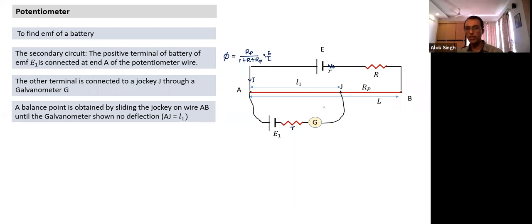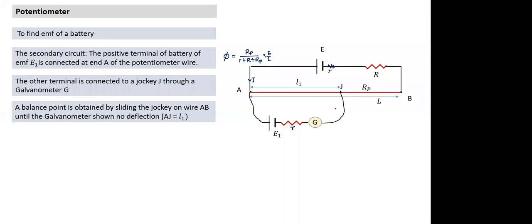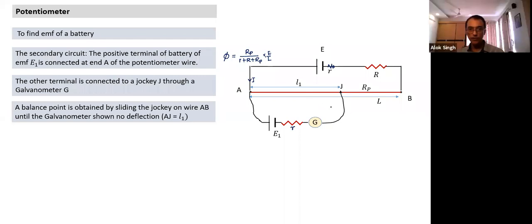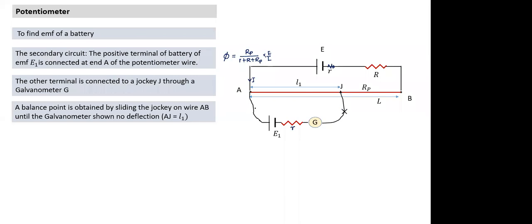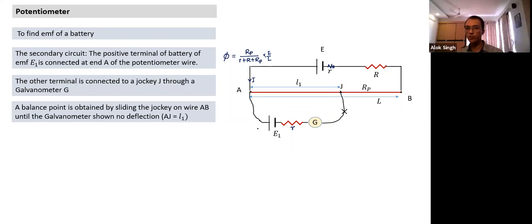What does zero deflection mean? Terminal voltage is equal to the potential drop. So this is zero; what is the current in this part? This part current is 0. What is the current in this piece of wire? Current is 0. If in this piece of wire current is 0, what is the current in this piece of wire? It'll also be 0, right? That also has to be 0. Otherwise, the current will keep accumulating. So the potential balance drop condition means both the lead wires connecting to the second circuit have current 0.